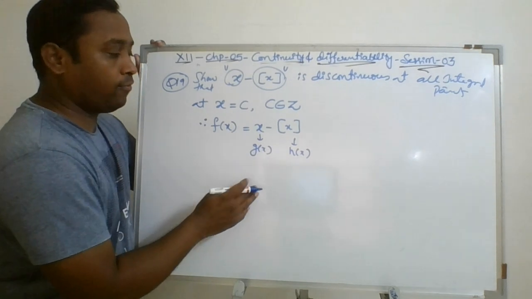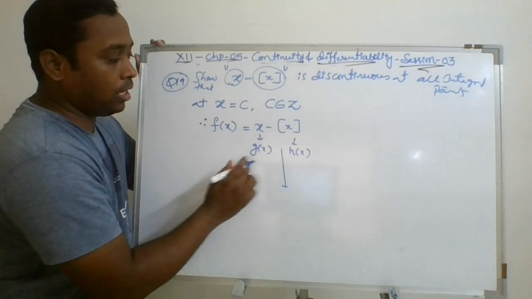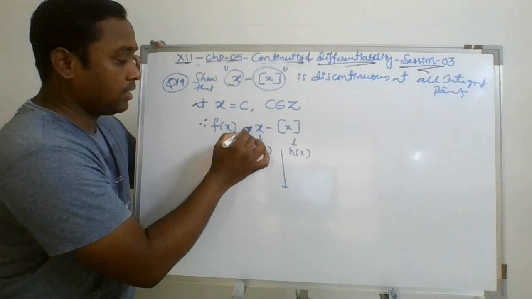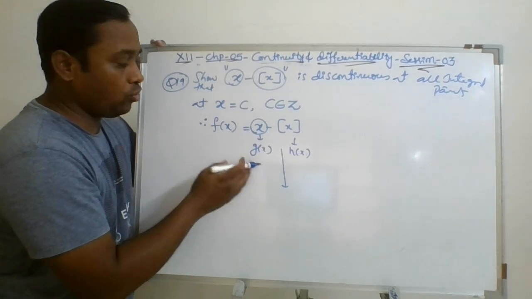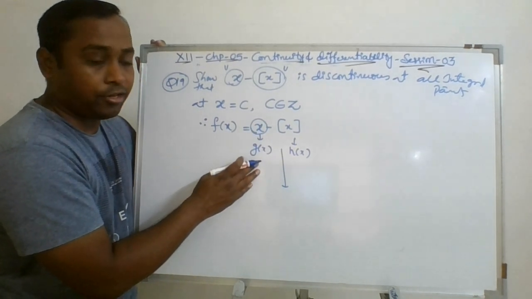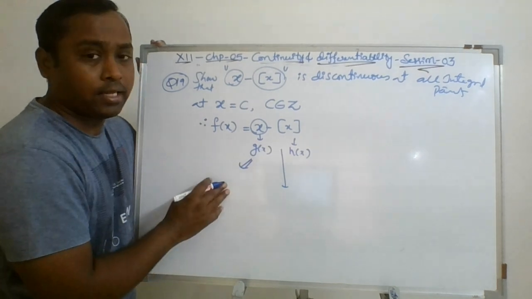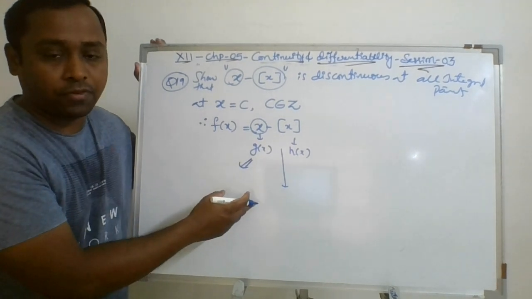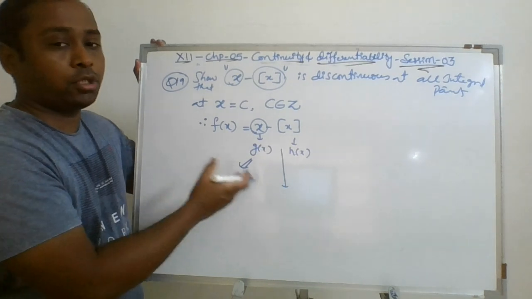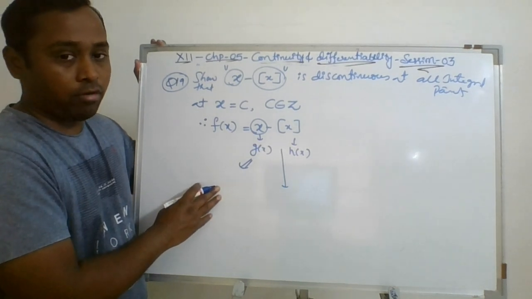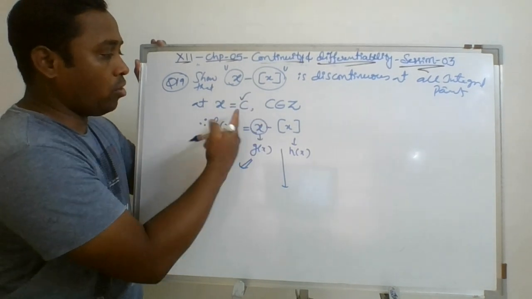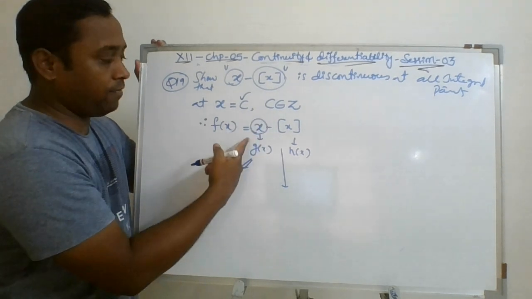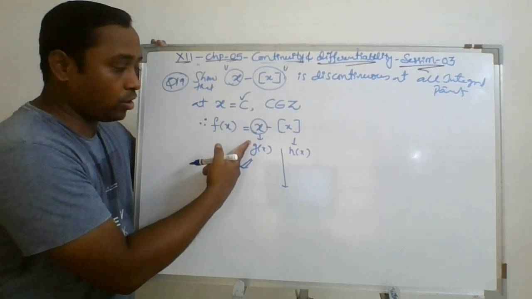So now you have to check the continuity of both the functions individually first. Since it is a linear function, you may say it's always continuous. You can even go with the process of LHL, RHL and value of the function, or limit of the function with the value of the function at every integer. So definitely you will get it is a continuous function.